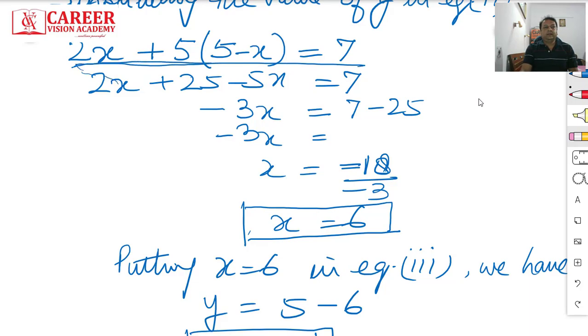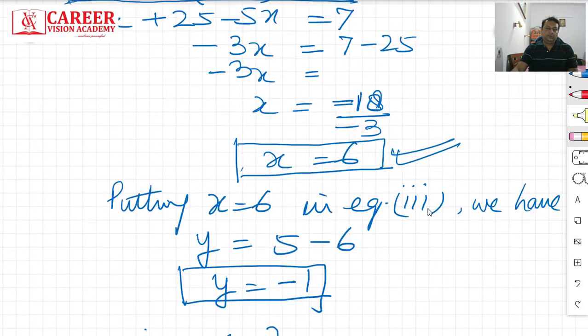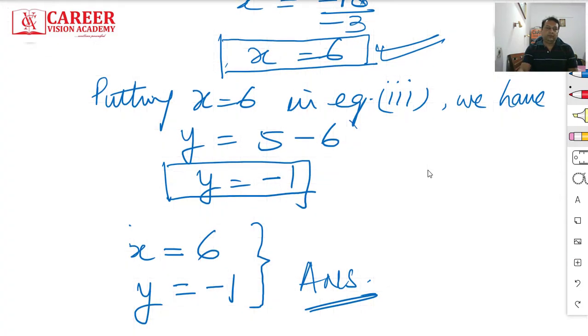Now I can see that in this equation I have only one variable, that is x. So easily I can get the value of x. So I got the value of x as 6. From the first equation, I already found out the value of one variable in terms of another. Now since I have got the value of x, I'll replace it in the third equation. When I replace the value of x in the third equation here, I got the value of y. And this is how the equations got solved, by the substitution method. Okay.